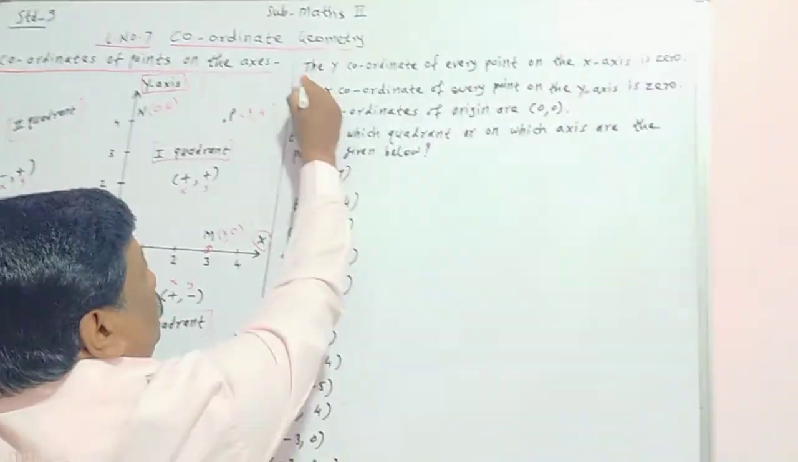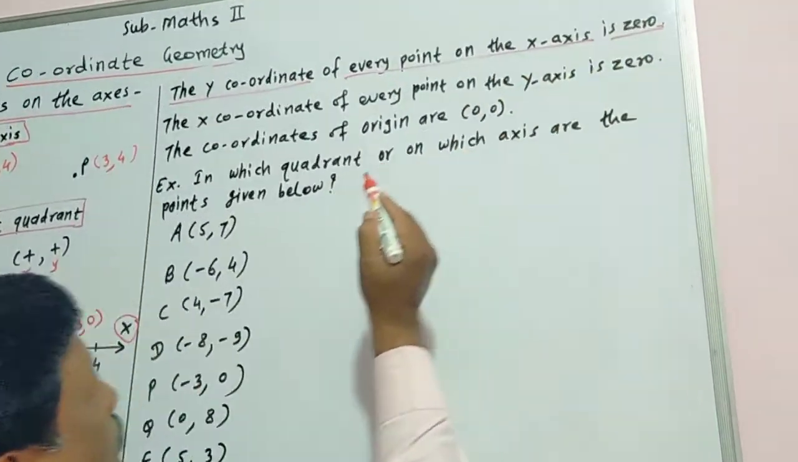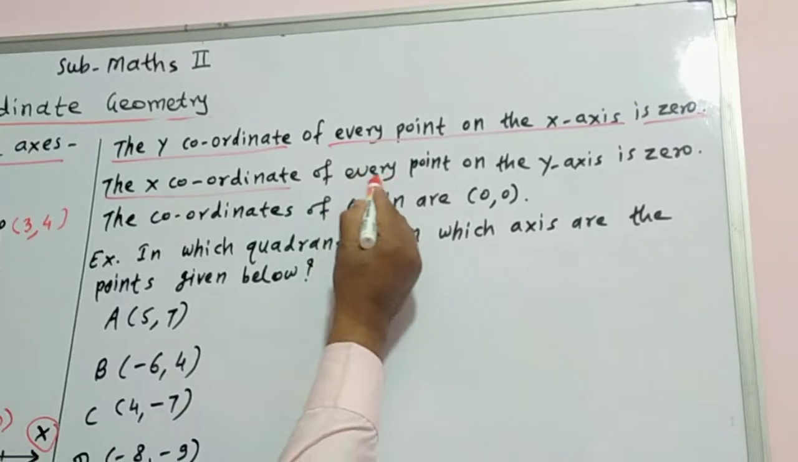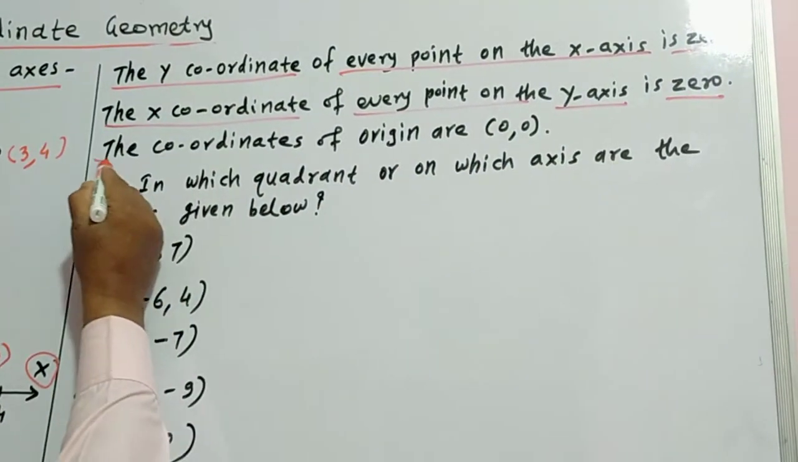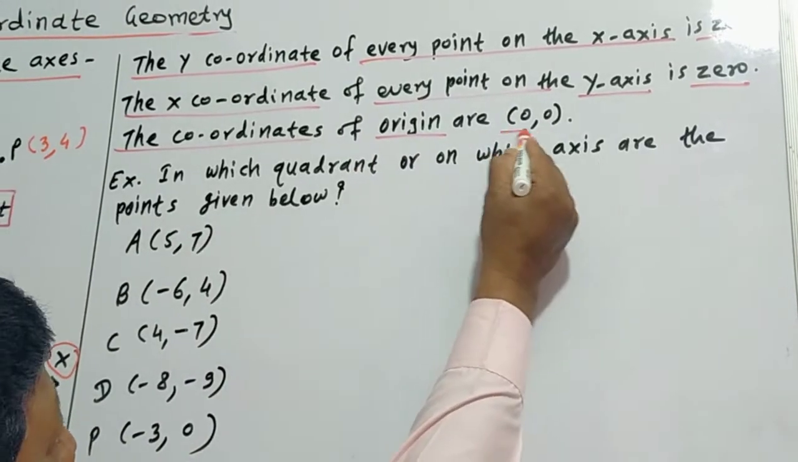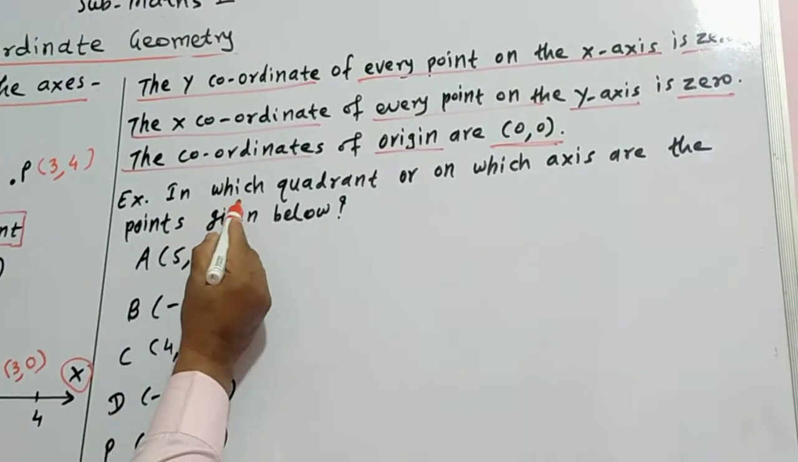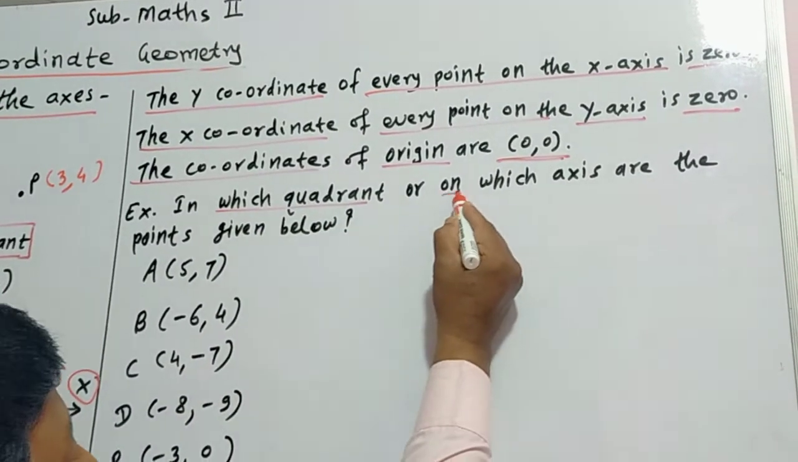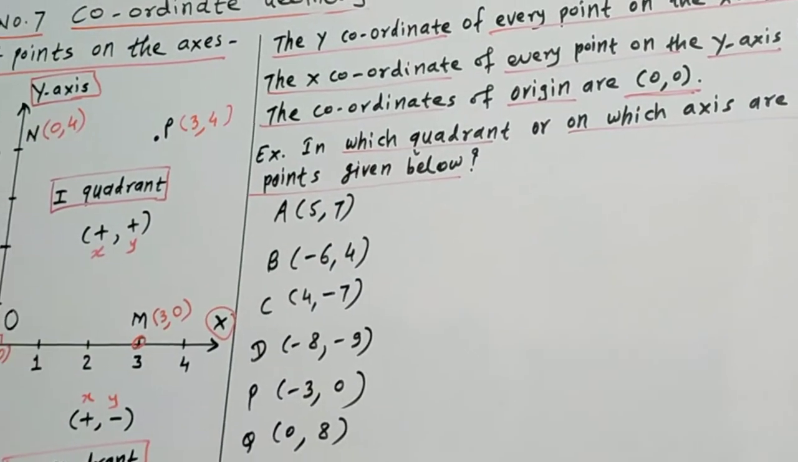Remember, the y coordinate of every point on the x axis is 0. The x coordinate of every point on the y axis is 0. The coordinates of origin are 0, 0. Now an example: in which quadrant or on which axis are the points given below? First point is